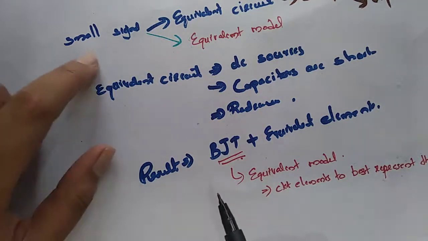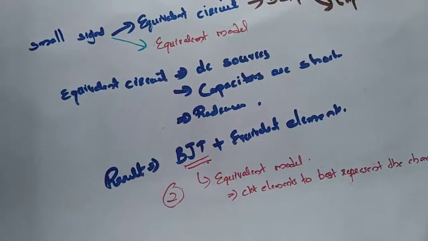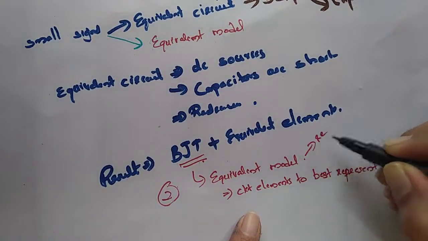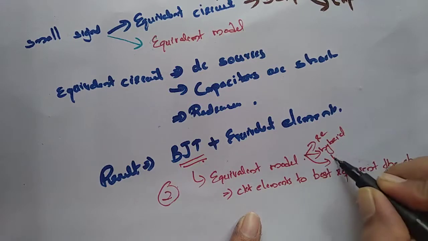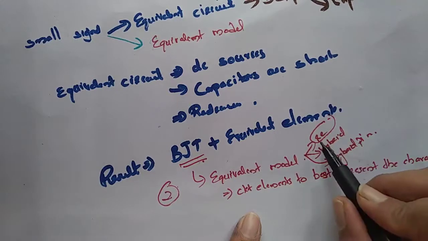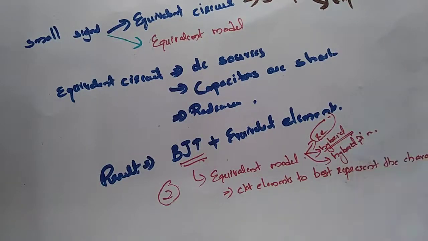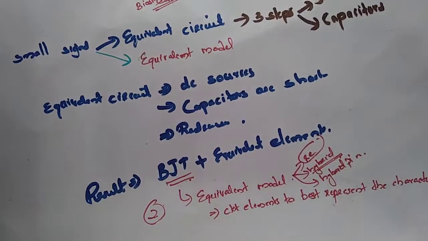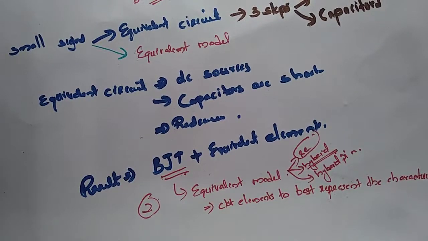In the first step we formed the equivalent circuit, and in the second step we are forming the equivalent model. The BJT, as we know, is a linear element in the active region. It can be modeled using the hybrid dynamic resistance model, and the modification is the hybrid pi model. I have already given you an example using the dynamic resistance method. Now we are going to analyze the response using the hybrid equivalent model.